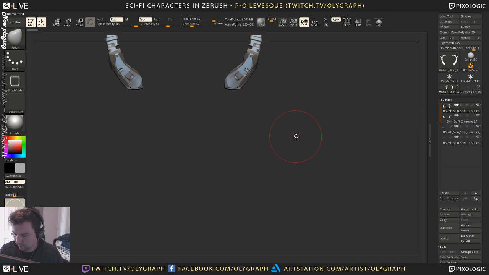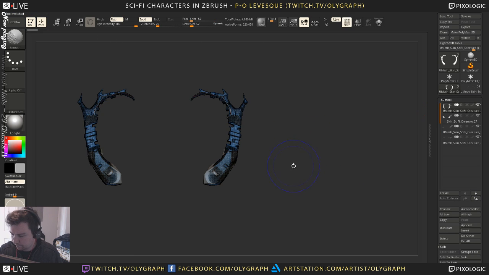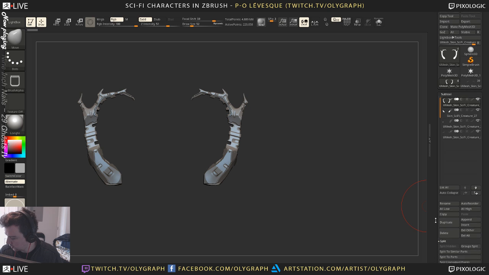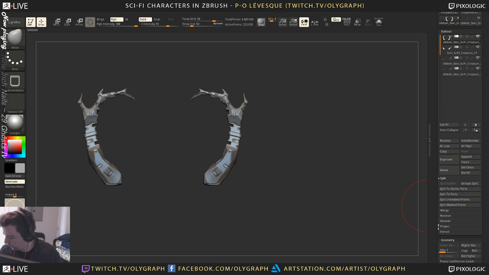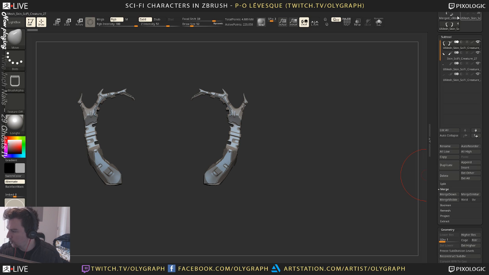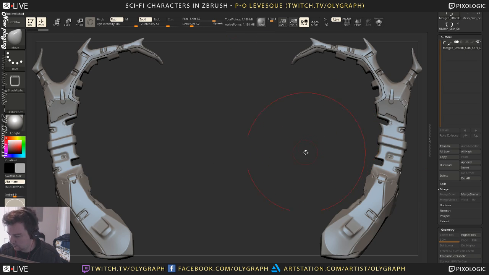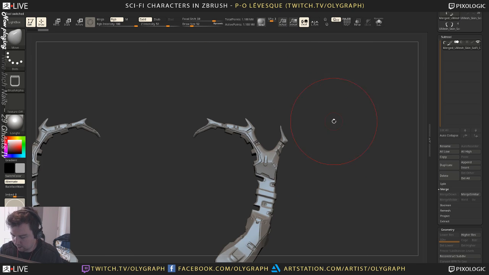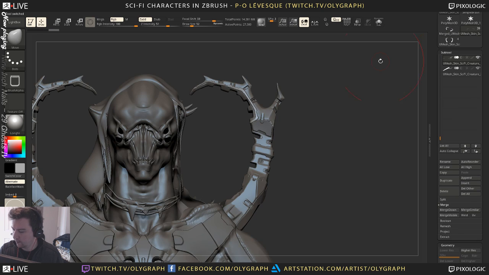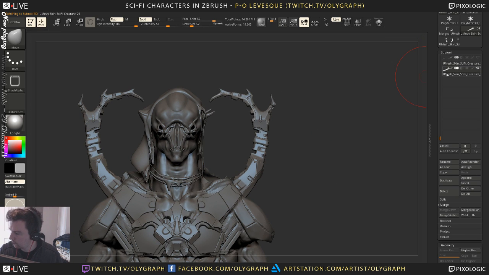Open this one here. Set it all to Dynamesh. I'm just gonna merge it at super high density, I don't care. Lazy. Merge visible. It's 1.8 million polygons, so that's okay. I just lose all my subdivision levels, but